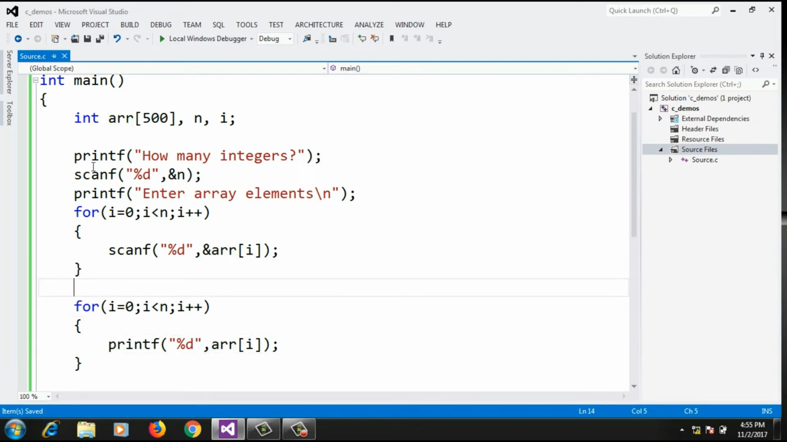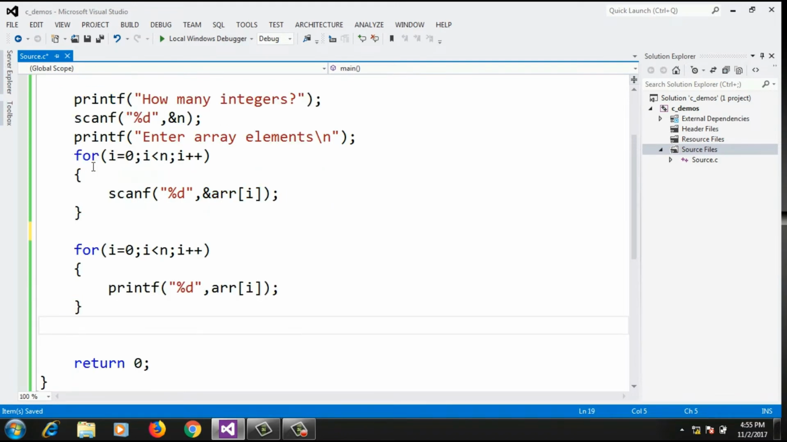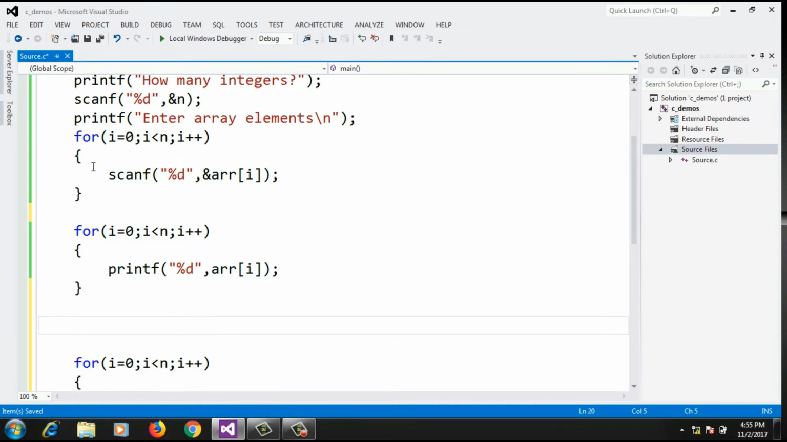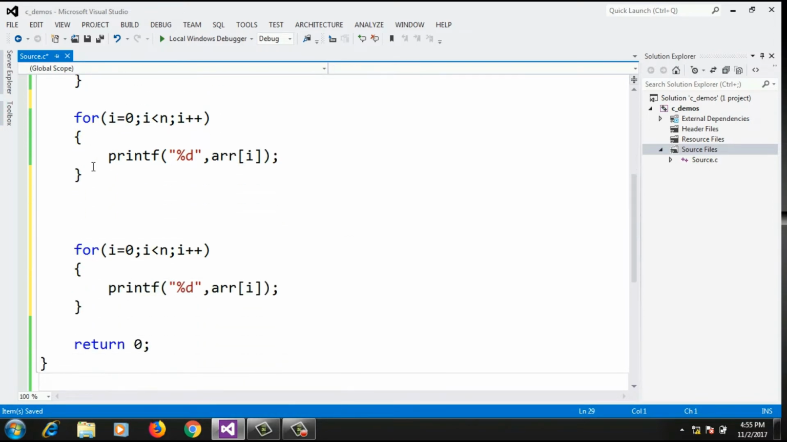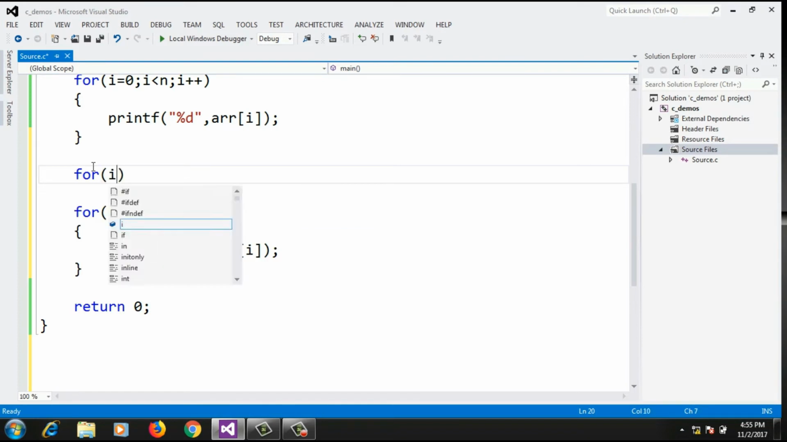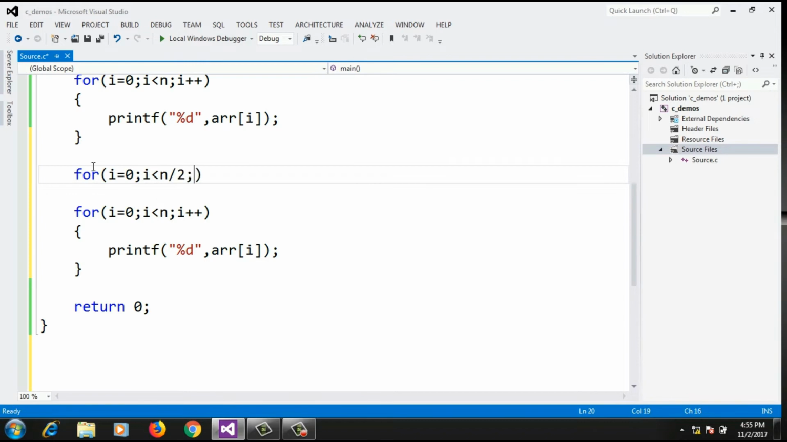Now here I have to write a code for reversing the elements, or rather what I will do, I will print the elements twice, once before reversal and once after reversal. So here I will write a code for reversing the array elements. So what did I tell you, how will be the code for that? You will write one for loop which will vary from 0 to n by 2. So it will be for i equals 0, i less than n by 2, i plus plus,